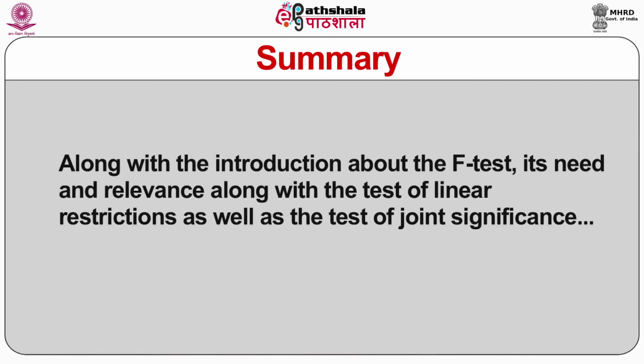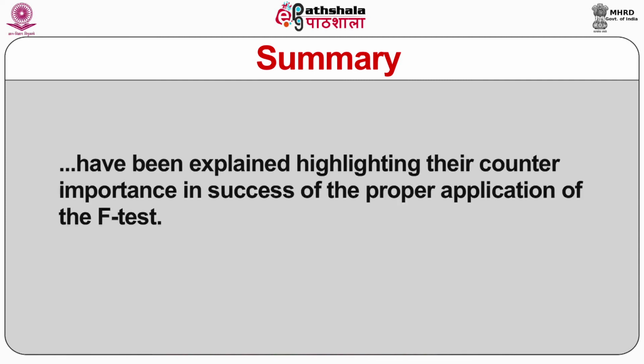Along with the introduction about the F test, its need and relevance along with the test of linear restrictions as well as the test of joint significance have been explained, highlighting their importance in the proper application of the